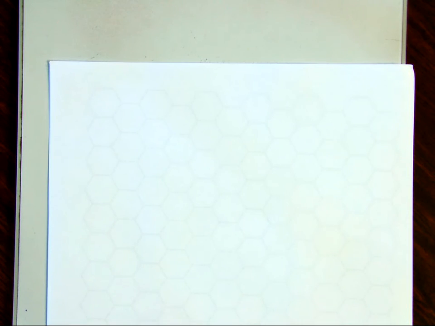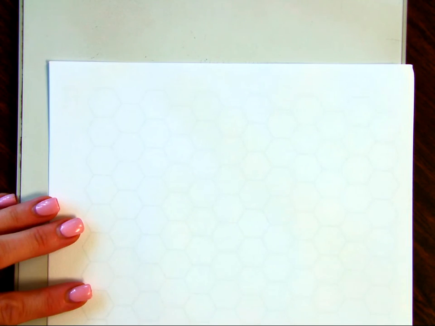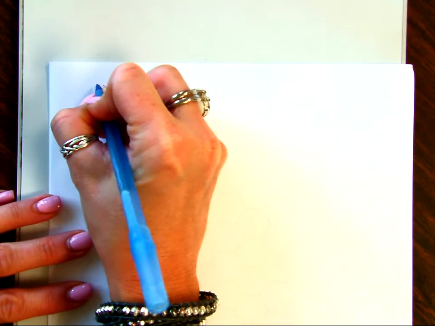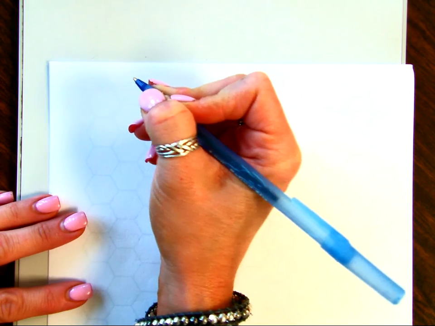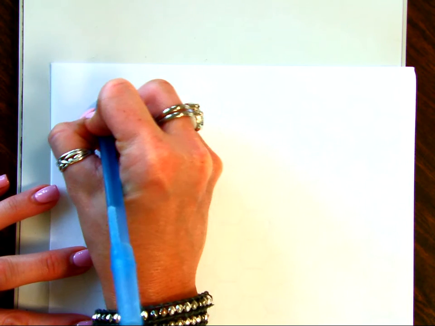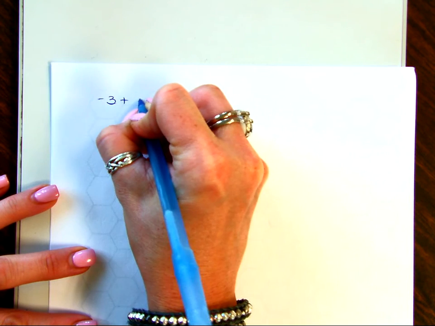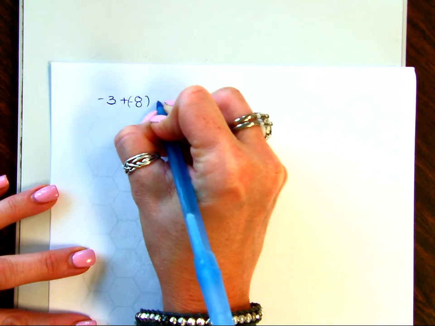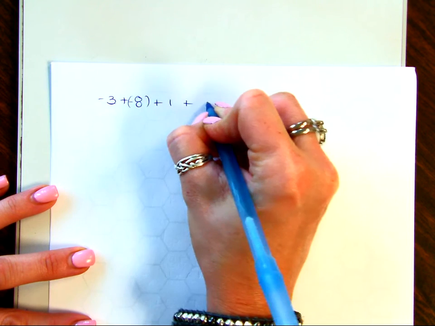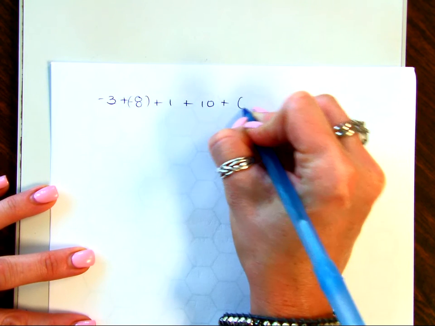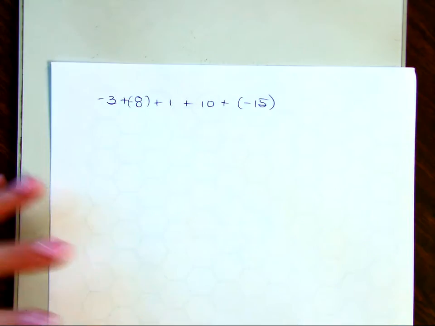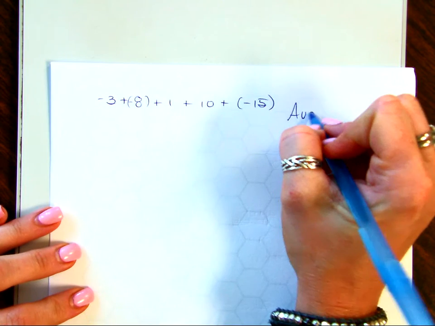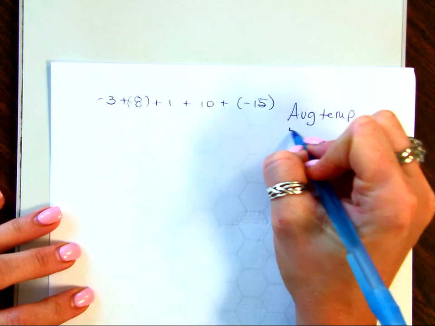We had a record number of cold days. And the law says that if it is with wind chill 20 below or cooler, that we have to call school, right? So we can talk about temperatures a lot. So let's say the average temperatures for a week or 5 days in February were 3 below, 8 below, okay? Maybe we had a day of 1 degree temperatures, then 10 degrees, and then we had a negative 15 degree, okay? So if I ask you what was the average temperature for these 5 days,